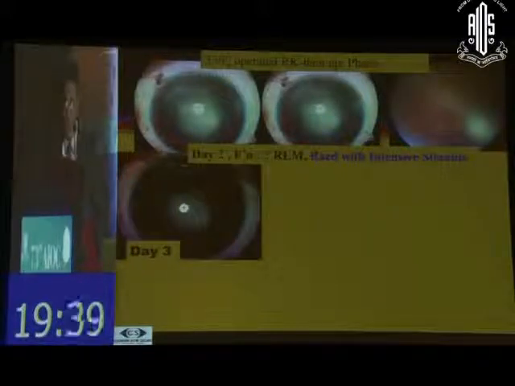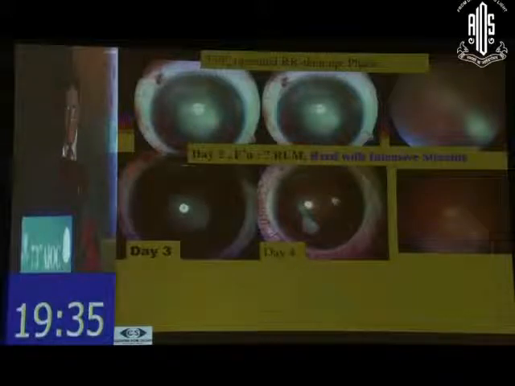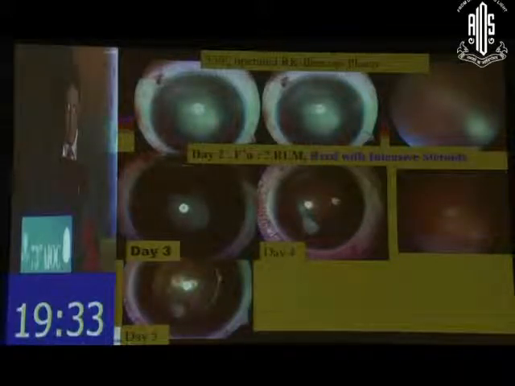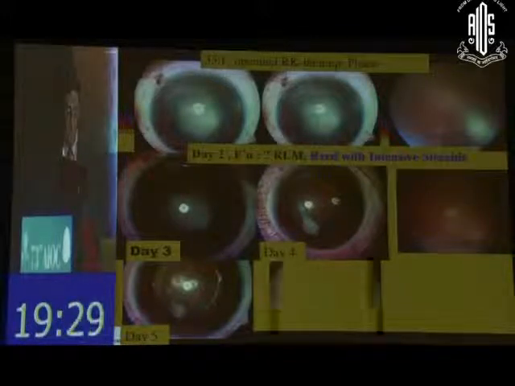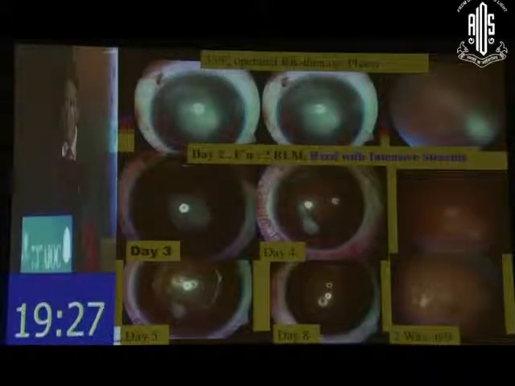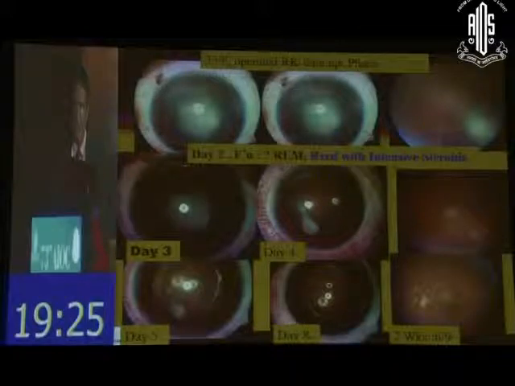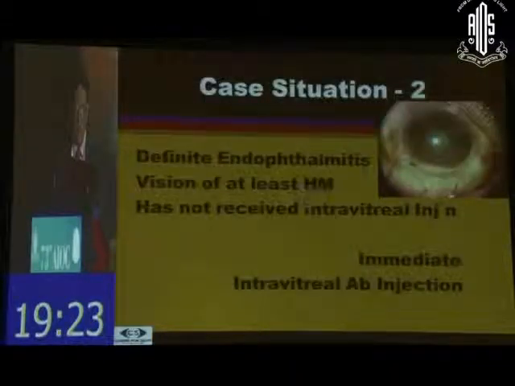This is the same lady which I had shown before, a patient who had RK done. This patient again was referred for vitreous surgery but was treated with intensive steroids, topical and even oral, and gradually the pupil started dilating, and you could see the media becoming clearer, and over the course of a couple of weeks this patient stabilized and became virtually normal.